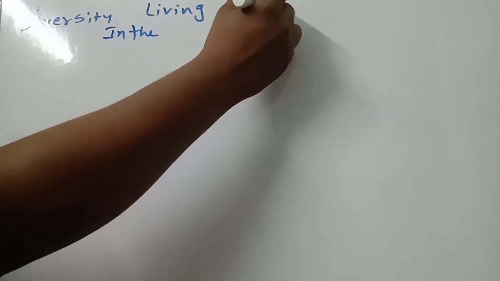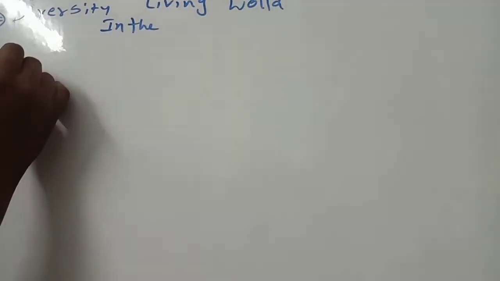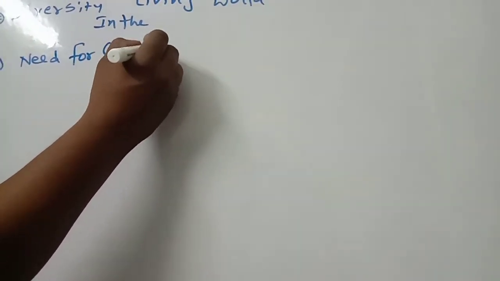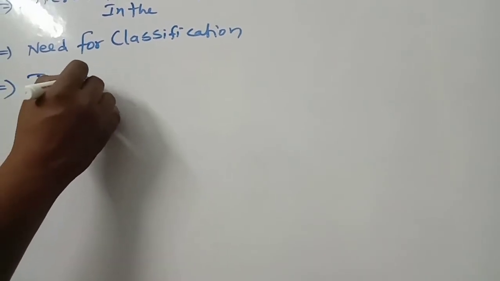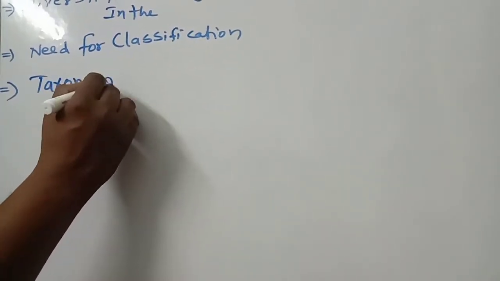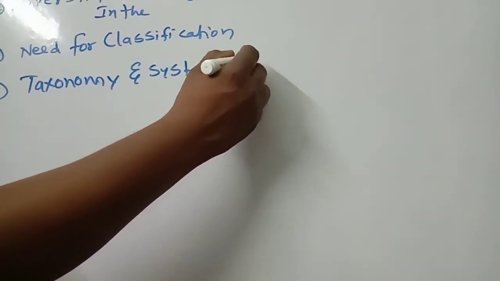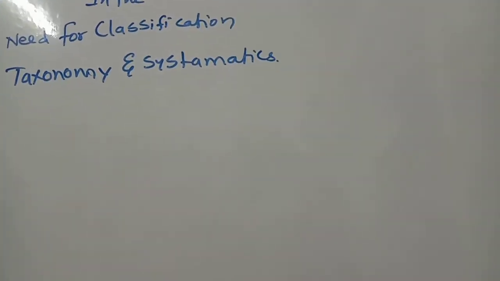So how many living species are there? Now they will be showing the different forms we discussed. Then we discussed the need for classification, the need from the point of view of the study of classification. What needs we studied. Next we discussed taxonomy, and we discussed systematics. Evolutionary relationships and habitats also, that systematics will be there.